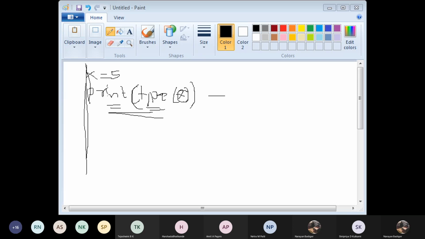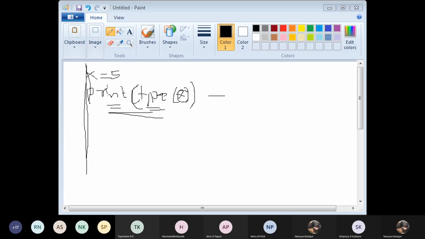The main classification with respect to data types is basic data type, derived data type, enumeration data type, and void data type. One of you had already told this. Now under these main data types we again have sub data types. Basic means we will have int, char, float, and double. Please always remember these main classifications first, then each will have its own individual data types. So basic data type will have int, char, float, double.